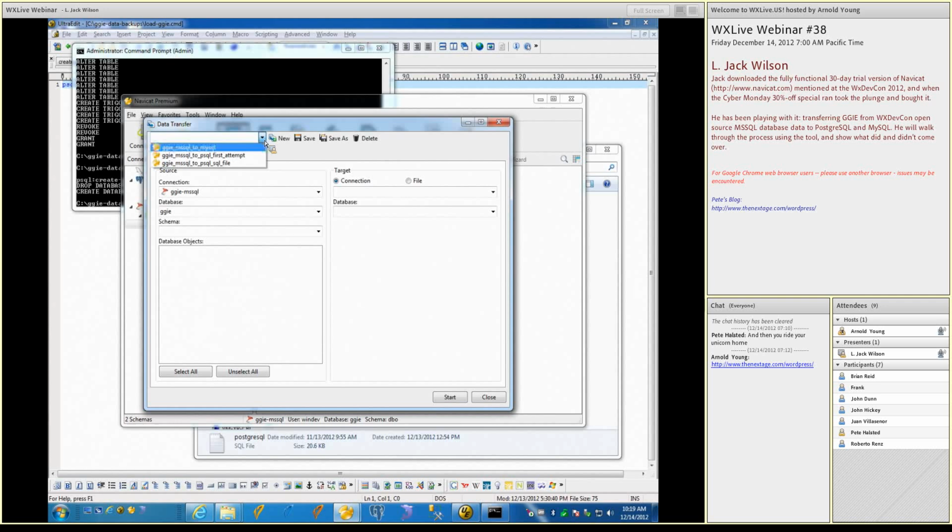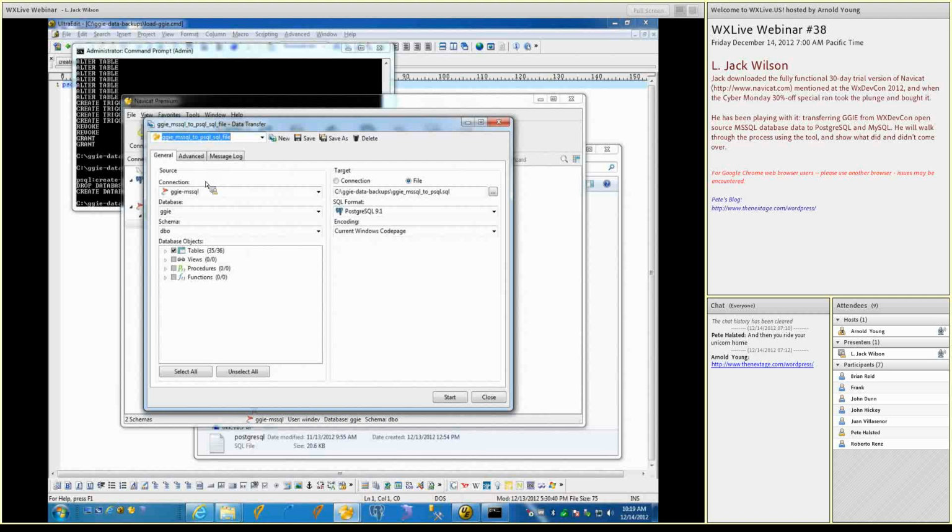This was the first attempt, which copied everything over, but then all the tables were messed up. So if I had taken Pete's empty script and then ran this copy, I'd have twice as many tables because they're almost all camel case, where you've got, like, capital B, lowercase something, capital C, lowercase something. And PostgreSQL sees those as separate from everything being lowercase. So if you do this one where it goes to a file,